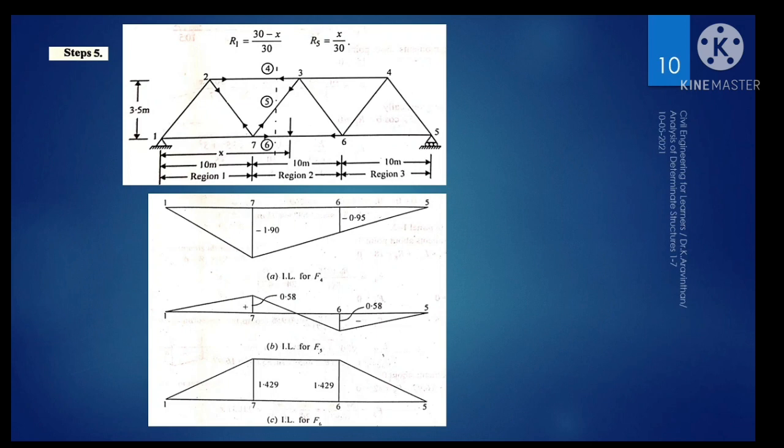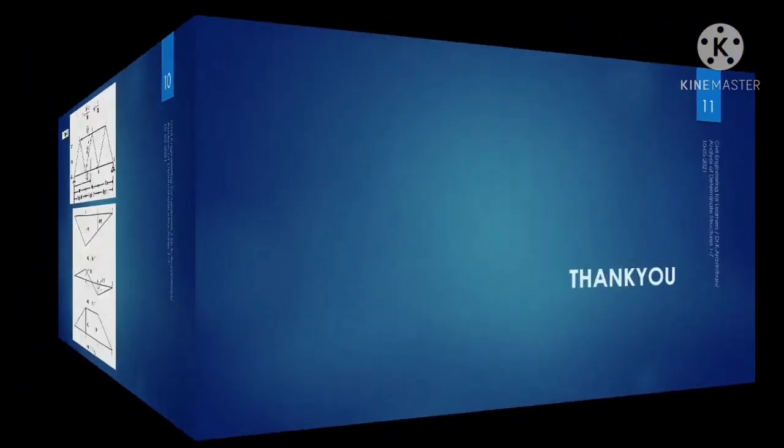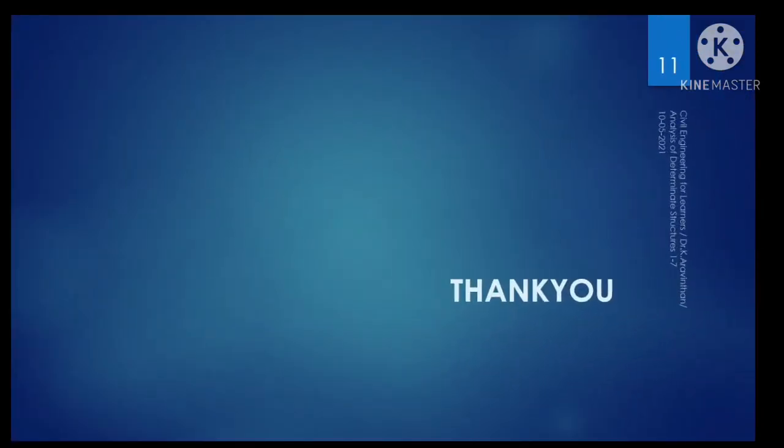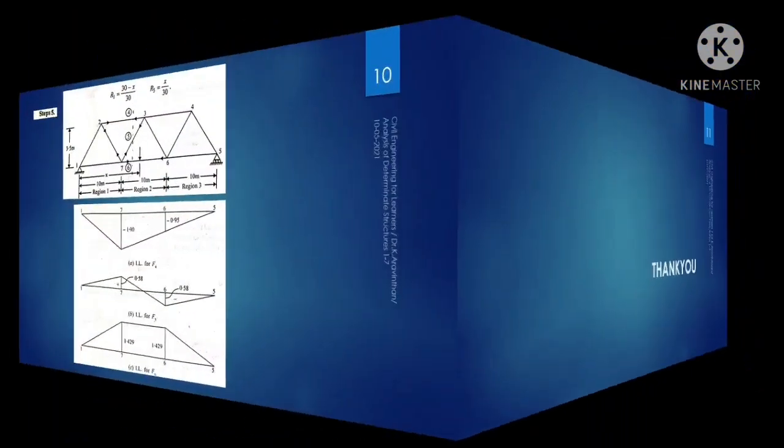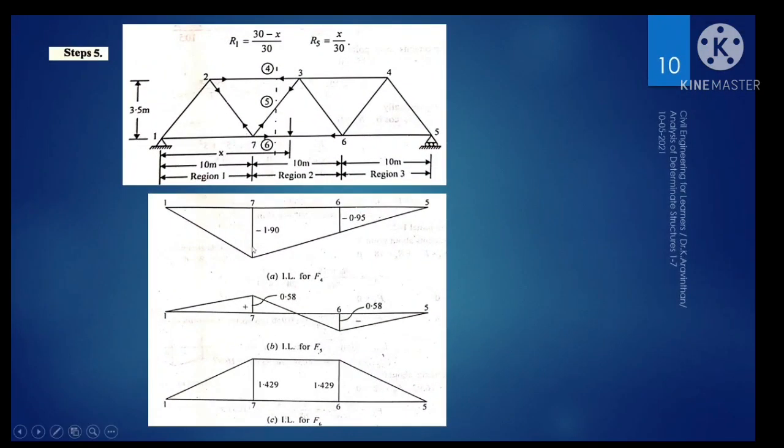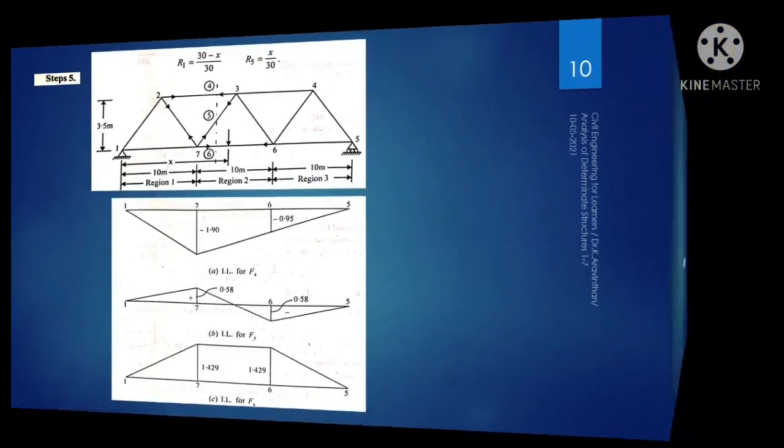You have to consider the maximum number of force and design this section. After analyzing, you will be taking this section to design part. So you have to carefully consider where are the compressive force and which portion you are having tensile force and due to what load. So after getting this analysis, you can design your structure. And the highest member, you can see the highest influence line was 1.90. So this member, that is F4. So the F4 member, the size has to be increased or the material strength has to be increased when comparing to the other members.